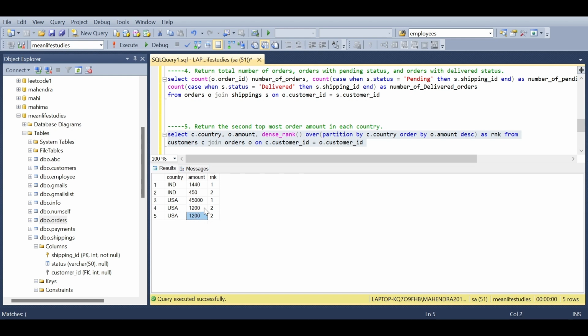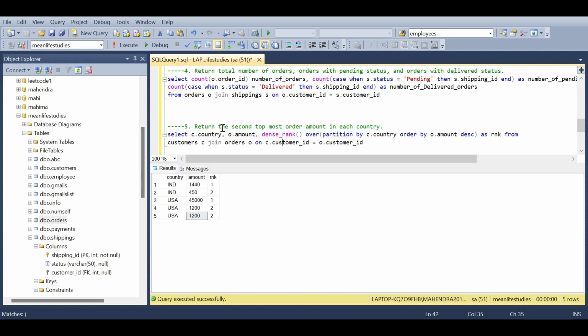But if you use rank instead of dense rank, then it will return 1, 2, 2 only. But if we have a larger number of records, we don't know whether they have the same amount or not. So it is always suggested, in order to find the top 2 or top 3, that you use dense rank. Okay,